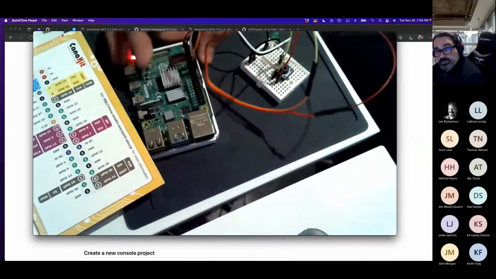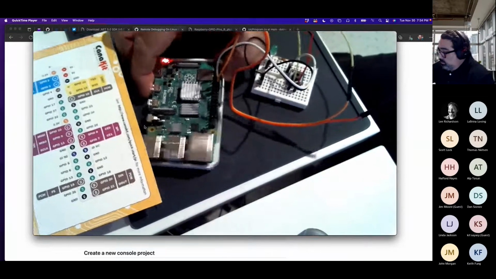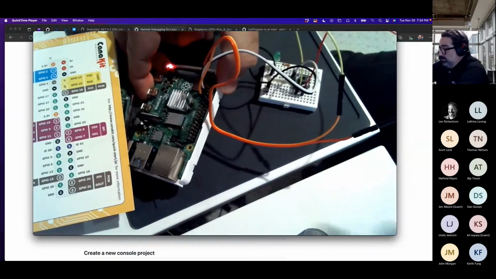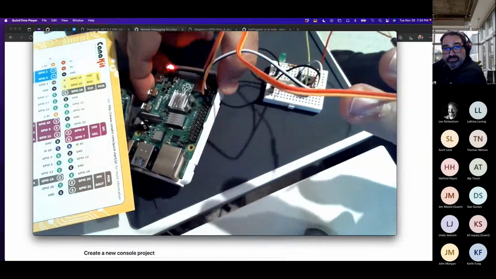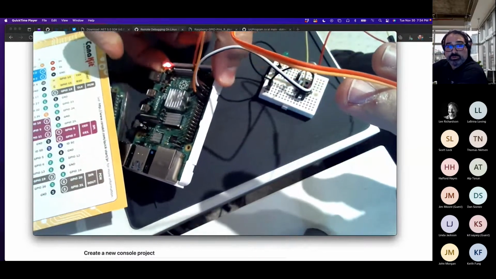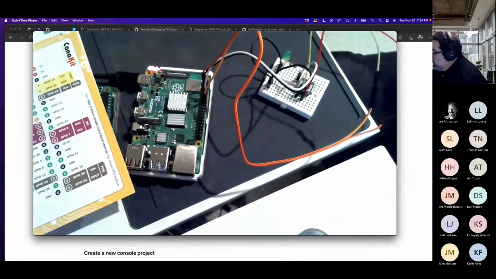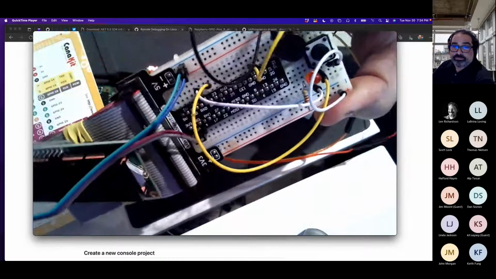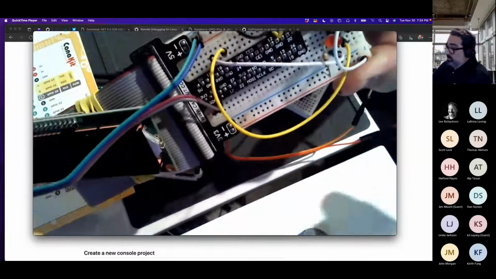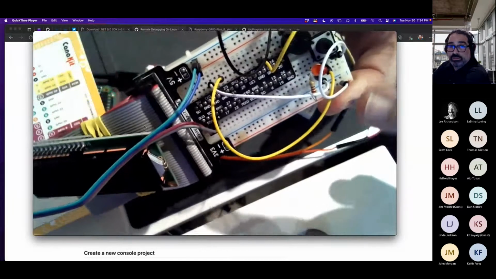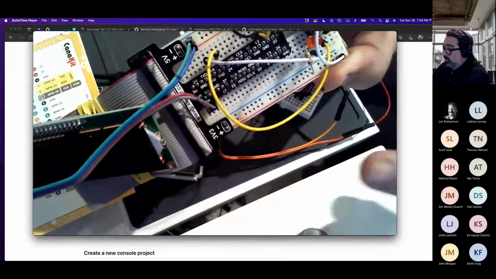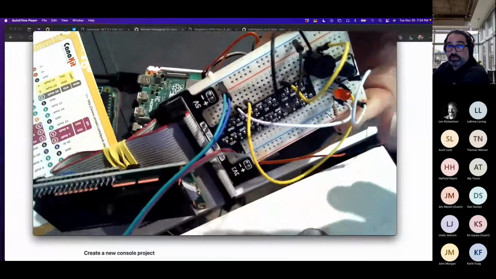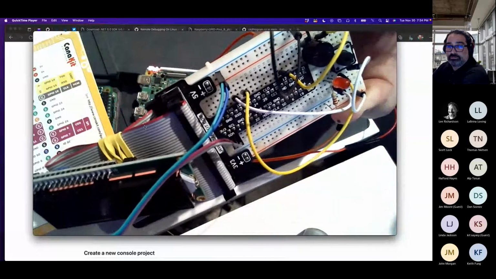So this is what that ended up looking like. Yeah, I know, not too visible. It does match the wiring on this board. So the 18 is this white wire that goes out to the LED, and the 23 is the yellow wire that, as you can see, goes out to the button.